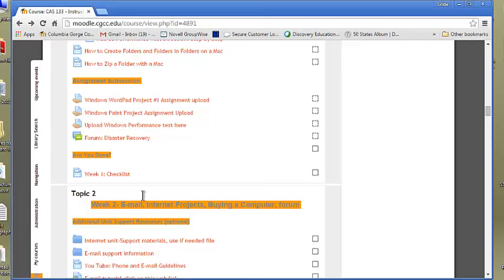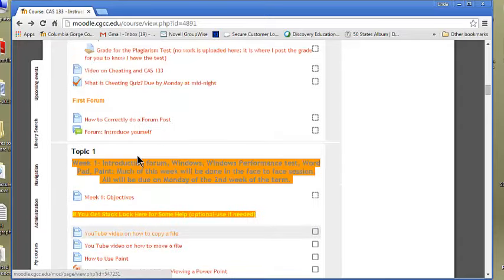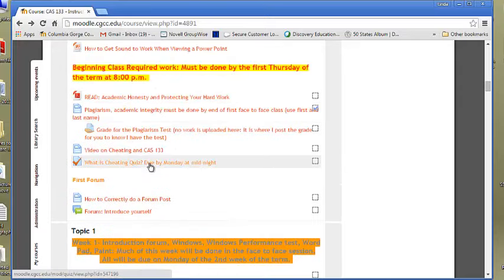Once you have that all done and completed, you're going to be ready for week 2, and you've got week 1 done. It needs to be done on time, so you need to do not only the week 1 work, but you need to make sure you've done this as well.